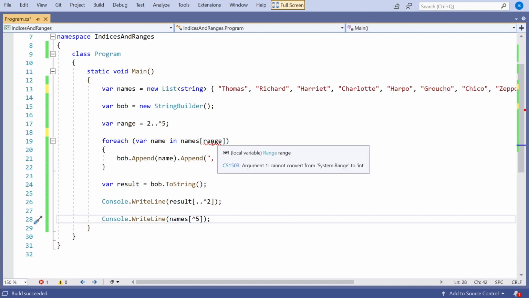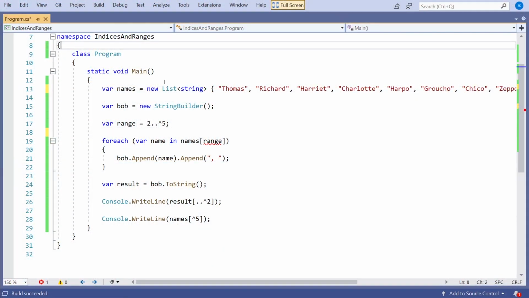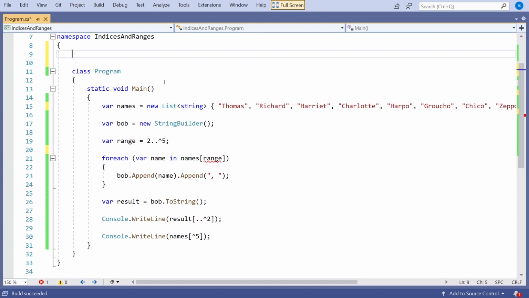But with a list, it doesn't like the idea of a range. And the reason for this is the way this was added to the language is done in such a way that it didn't require any rewriting of the existing collections, arrays, or lists, or anything like that. It builds itself upon things that are already there in certain collections, and the compiler just does a bit of work to convert things. And as I say in a moment, what we need for the ranges isn't actually available in the list. So let's suppose we were going to write our own class to do this, and then we'll see how that will work.